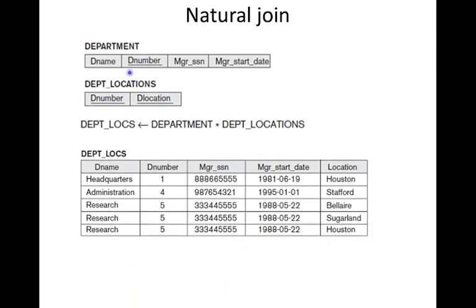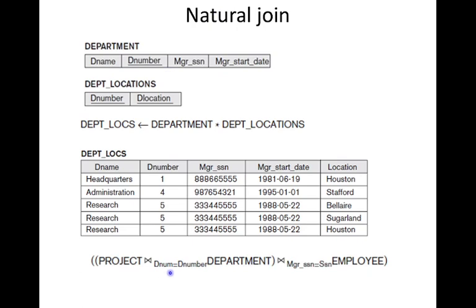We can directly perform the natural join operation because the joining attributes have the same name. The resultant table will be like this, department locations, and you can see the department name, department number, manager SSN, and manager start date here. And from the department locations table, we will project only the department location. So this d number will not be stored twice; only one d number column will be there. That is why it is known as natural join.